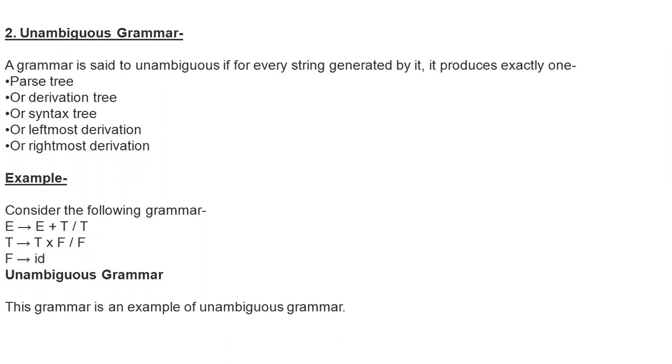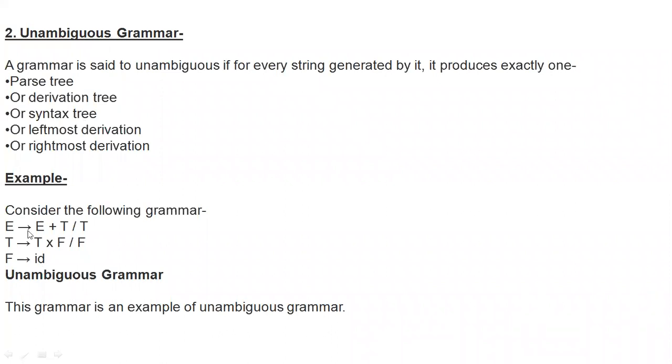And here we are not following any syntax rules or any algorithms. We are not following like that. Just two things we are doing here. See here, again, ambiguous, unambiguous. The reverse of ambiguous is unambiguous, right? If we produce exactly one parse tree or exactly one derivation tree or exactly one syntax tree or exactly one leftmost or rightmost derivation, then that type of grammar can be called an unambiguous grammar.